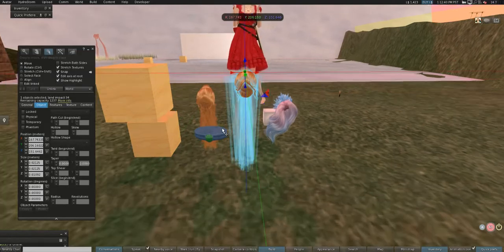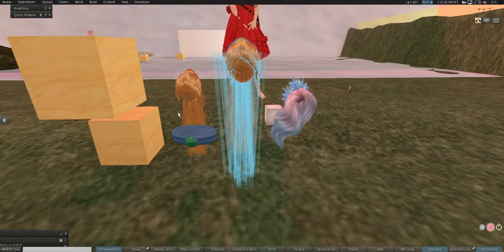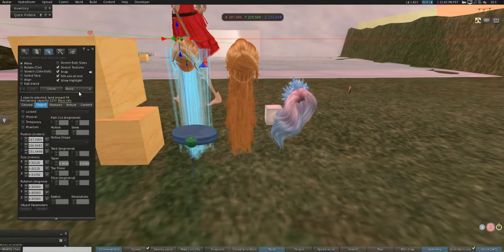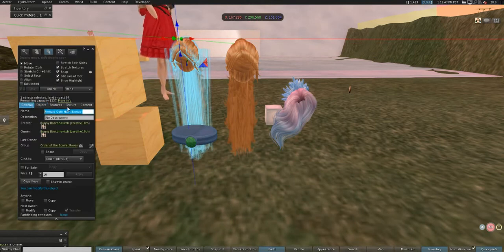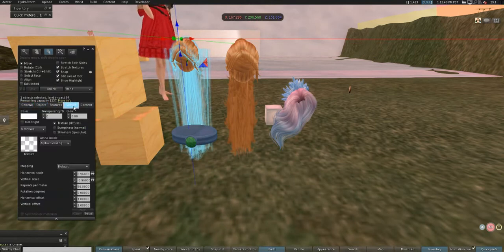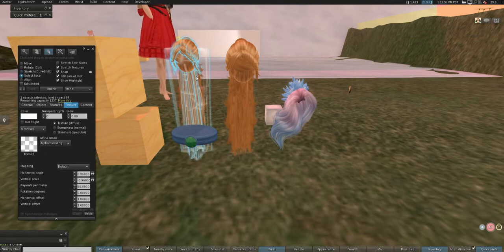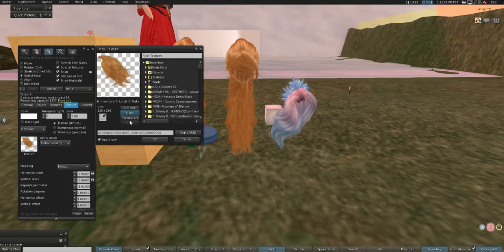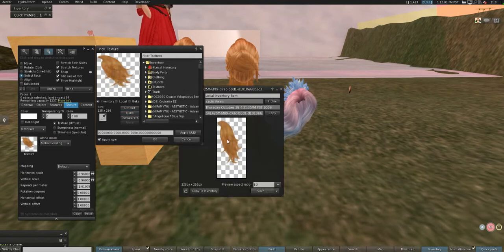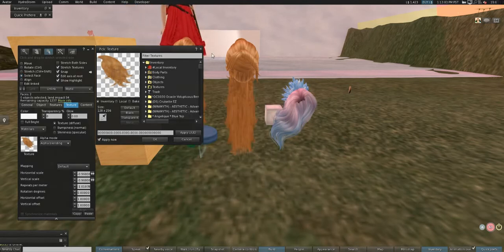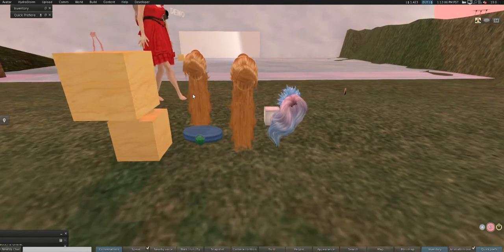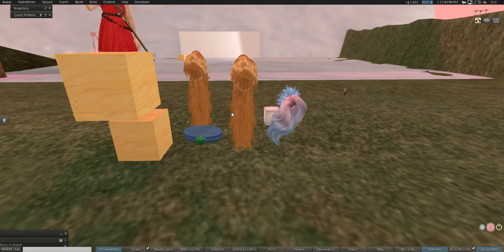There you go. Look at that, a perfect copy of some old hair. So now the textures are in here. The stuff is yours. It is your hair now, it will have the name of this, and it will have the textures on it. However, like I said before, when you select the textures and you go to click on it, it will not let you make a copy of the texture. It will still be on the person who created the texture. So remember what I said about the texture thing. Now that we have that done,